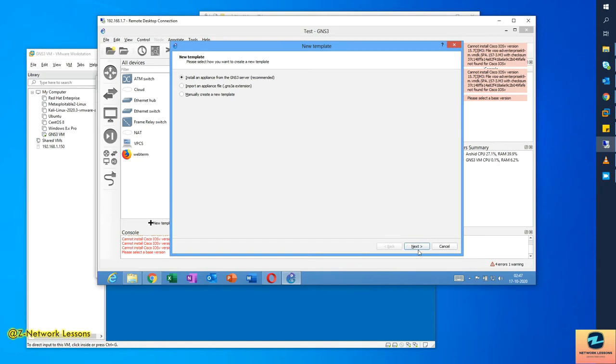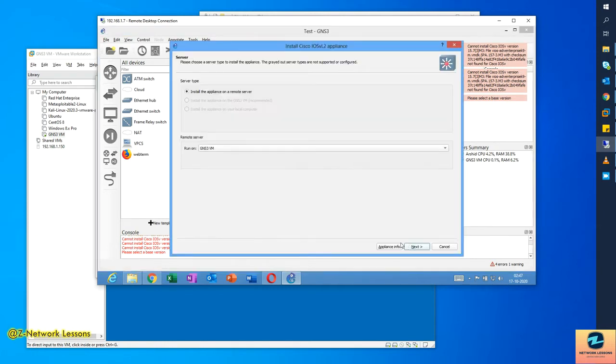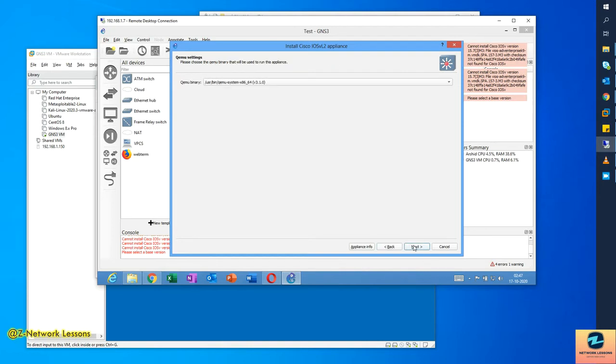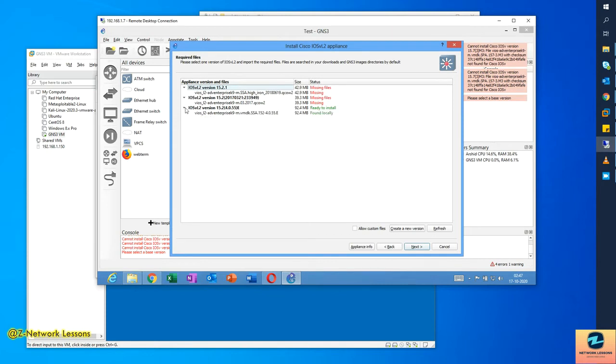So click here next, and next on the GNS server, we'll go with the switch. First we will go with the IOS vL2, this one, install, and then install the appliance on a remote server. That is only selected here because I am running a remote server. This will scan, and it will automatically find the image in the downloads folder, right?